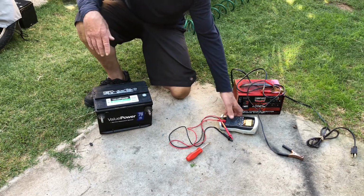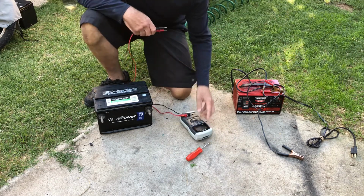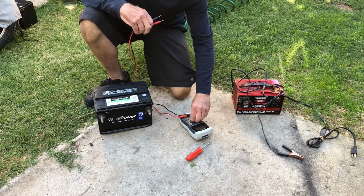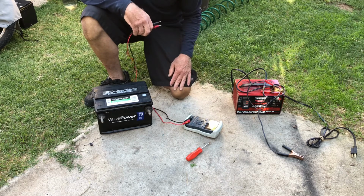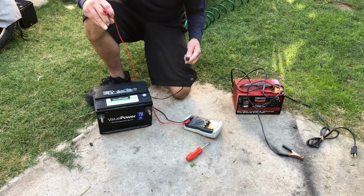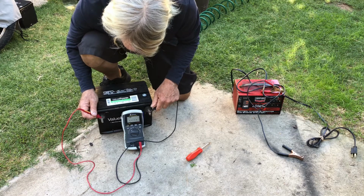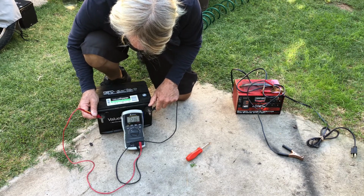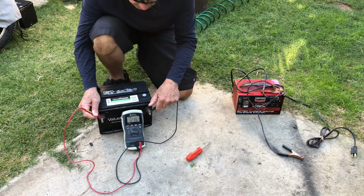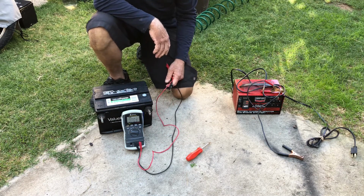Okay, this battery's been sitting about a week now. I've actually started a lawnmower tractor with it, and I wouldn't try to trust it on a trip right now if you're driving a car, going anywhere, any distance. But for all intents and purposes, I think it's been brought back. It's holding 12.37 or 12.4, which is pretty normal. About 12.5. It's been sitting about a week now, so I'm not going to say that it's totally restored, but